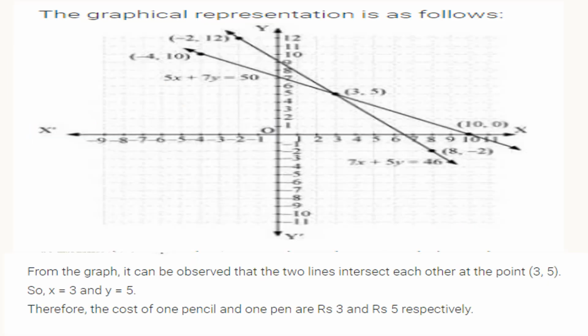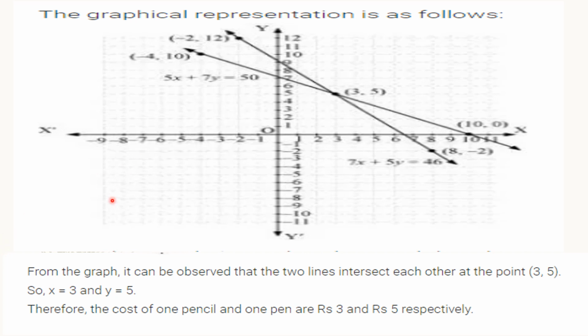So this is the graphical representation of two linear equations. As we know, each linear equation represents a straight line. As we have found the solution table of both equations, which are linear equations in two variables, when we plot these points and join them on a graph, we get two straight lines.